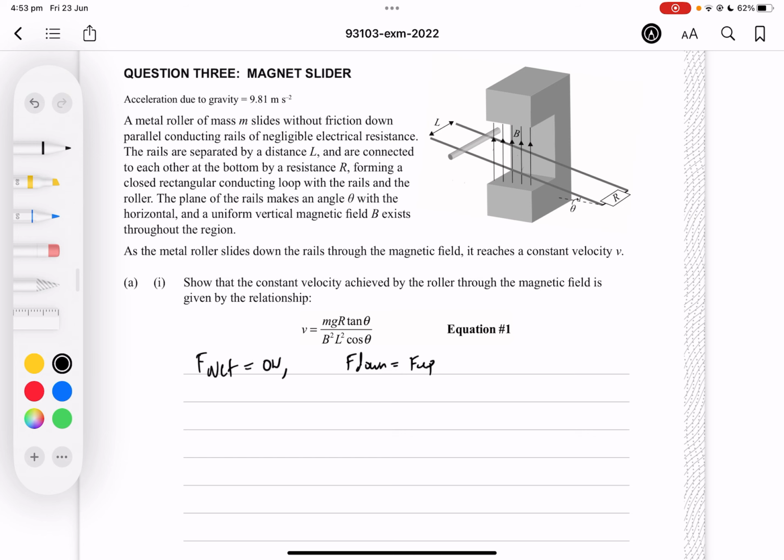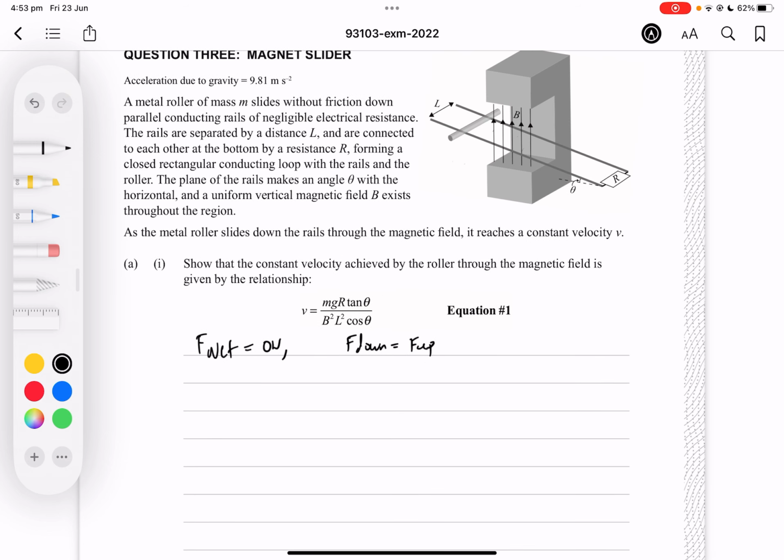To get an expression for F down, we'll look at the gravity force acting downwards. So in this case, we'll have the bar, which we'll use as a point here, having a weight force of mg downwards. And this will be the component down the ramp. We'll call it Fr. And there's going to be some component here added to make the overall force mg. So in this case, we know that this force Fr is parallel to the ramp. So we know that if we were to draw a triangle here, then this angle here is theta, so therefore this angle here is 90 minus theta, so that angle there is 90 minus theta, so therefore,